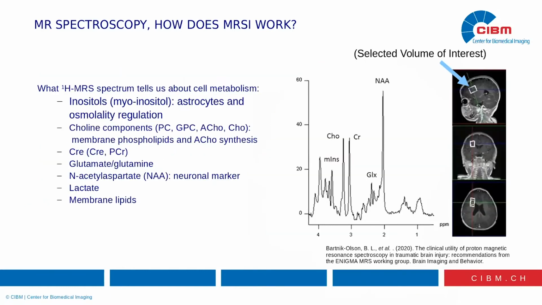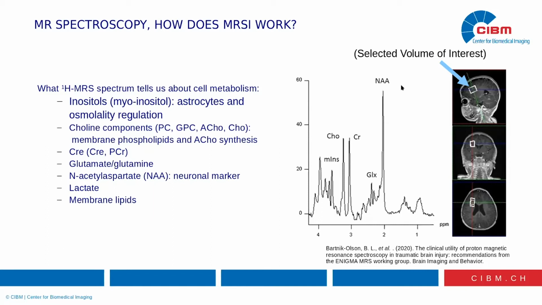The first example I show here is an MRS single voxel measurement that was done in a voxel in the frontal part of this infant brain. You can see here. And within this voxel, we measured one spectrum with an x-axis that corresponds to frequency. And you see that on this spectrum, you have different peaks. And each of these peaks can be identified